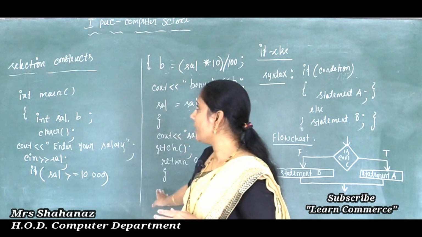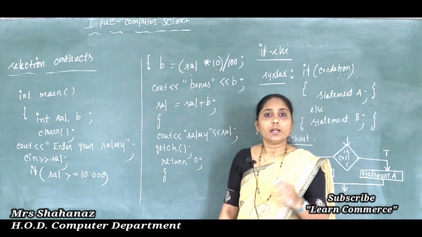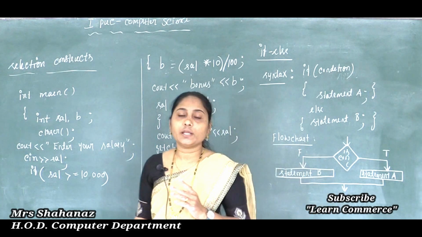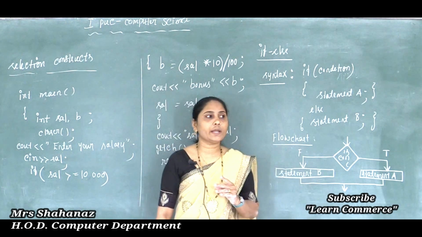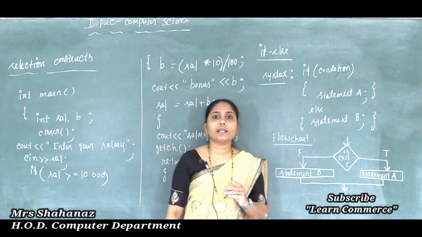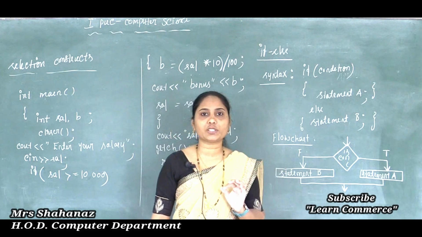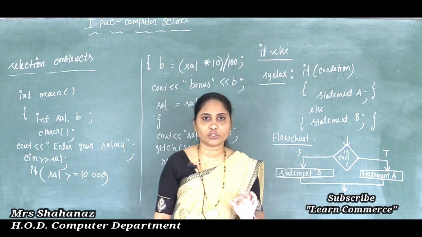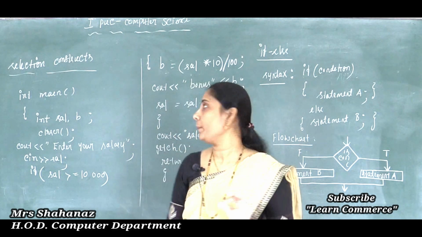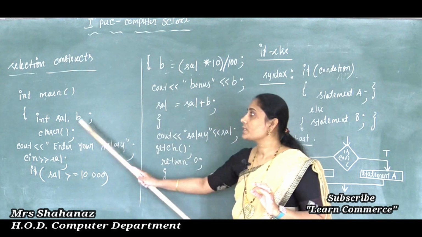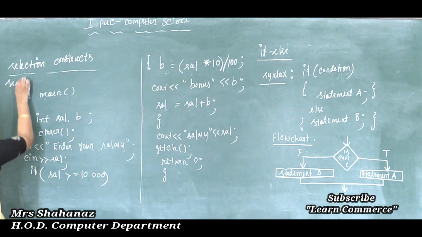So we know that in the last class we covered the selection construct. In the selection construct, the first type is the simple if. This simple if is also called the one-way branch decision structure. It is a one-way branch decision structure, and this structure helps the programmer to decide whether a particular set of statements should be executed or not. So this is the condition about our simple if. And that was the first example, now let's see the second example for our simple if. Clear this point? The second example for our simple if.